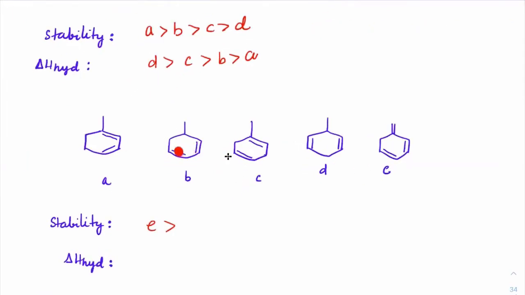Got it? You just have to check out the number of alpha hydrogens. So here, if you check out, we have 2 and 1, 3 alpha hydrogens. Here we have 3, 4, 5, 6, 7, 7 of them. So which is more stable here? A is more stable. So A, then comes B, and these two are isolated. Basically, there is no resonance. So you will just check out the number of alpha hydrogens here. So 2, 2, and 3. So 7. While here we have 1 and 2, 3. So which is more stable here? C is more stable than D.